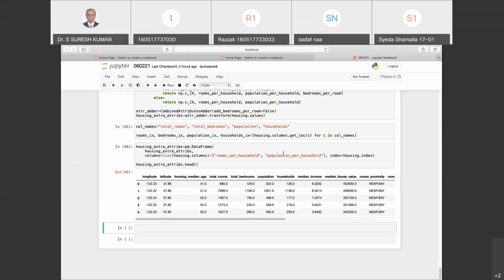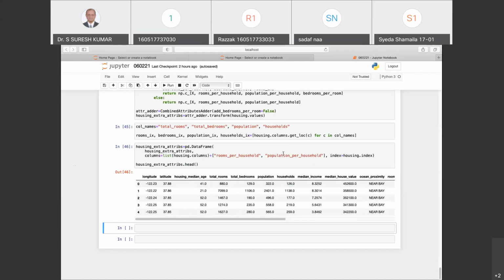Please do one thing. One of you, please open up this housing data and see this total number of rooms column. What range to what range is this? Just a casual glance. Can you open up the CSV file and see it? The original housing data which has been shared with you.